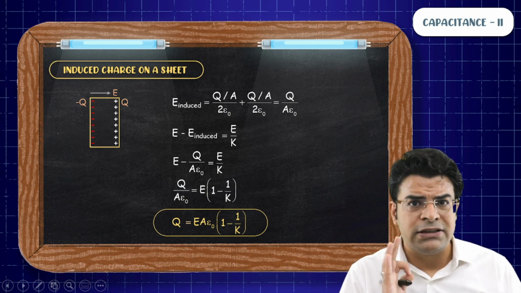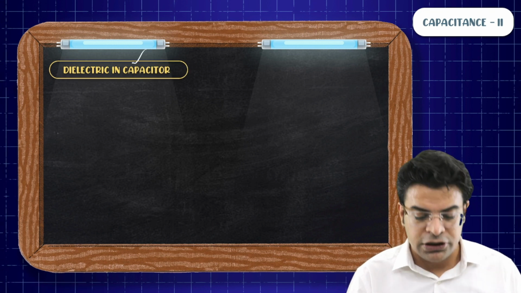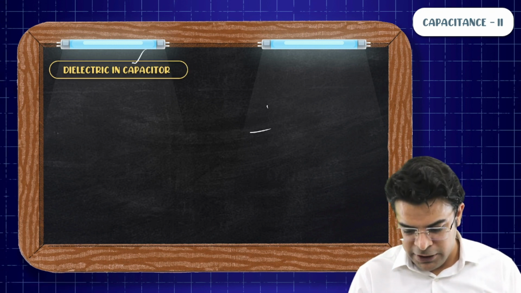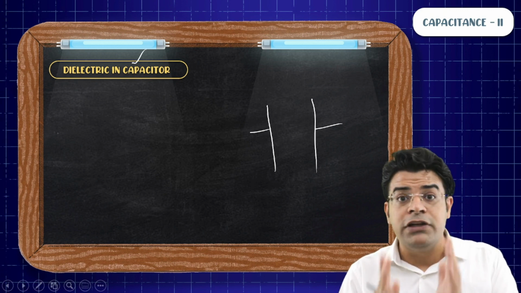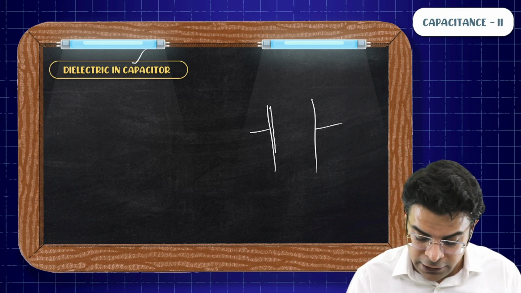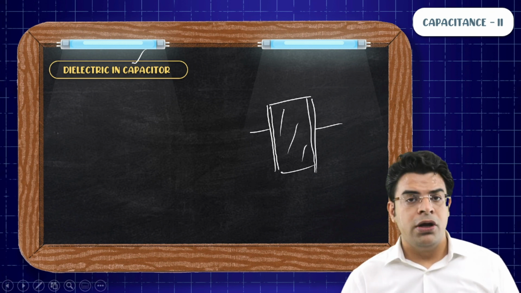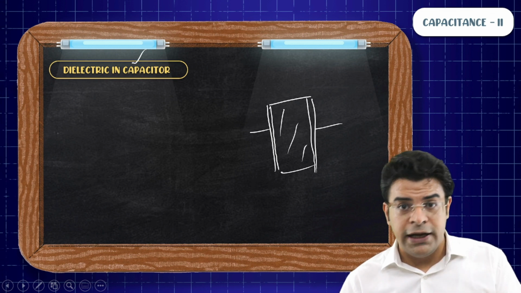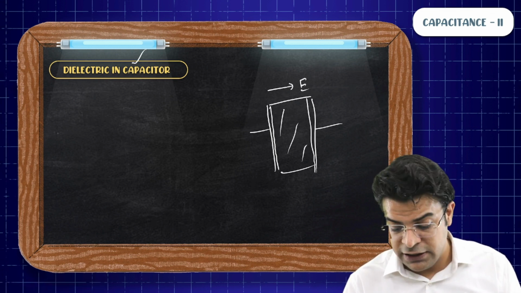So now let's learn what happens when we insert a dielectric inside a capacitor. So let's say we have a parallel plate capacitor and we fill the entire space between the plates of this parallel plate capacitor with a dielectric. So the entire space has been filled with a dielectric. We know that if you create an external electric field E, then the field within the dielectric is nothing but